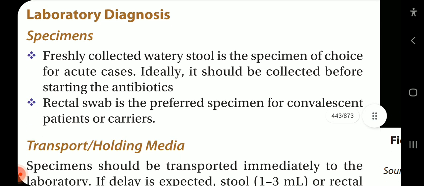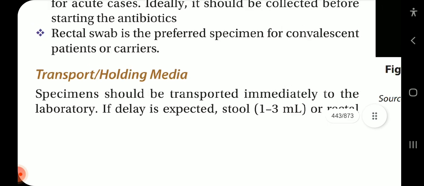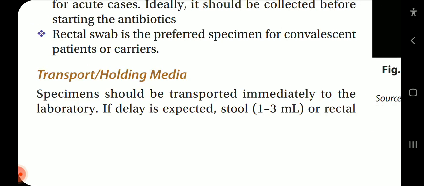Lab diagnosis. Specimens. Freshly collected watery stool is the specimen of choice for acute cases. Ideally, it should be collected before starting the antibiotics. Rectal swab is the preferred specimen for convalescent patients or carriers. Transport or holding media: specimen should be transported immediately to the laboratory, and if delay is expected,